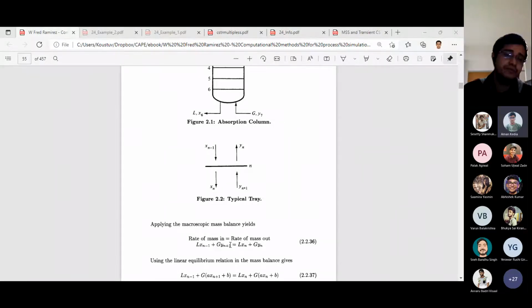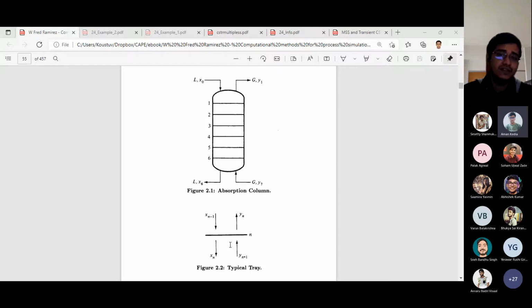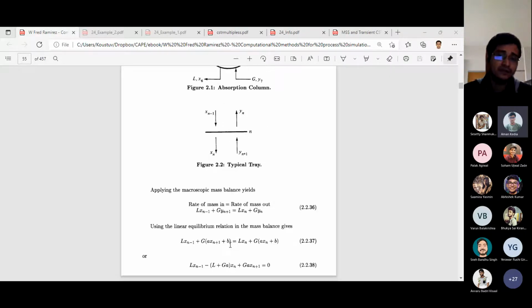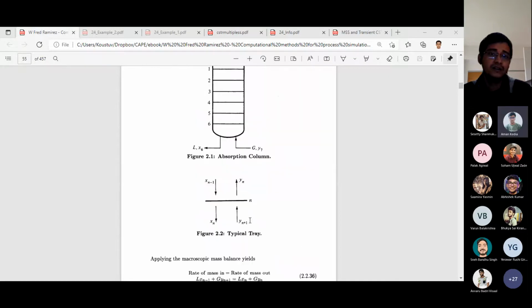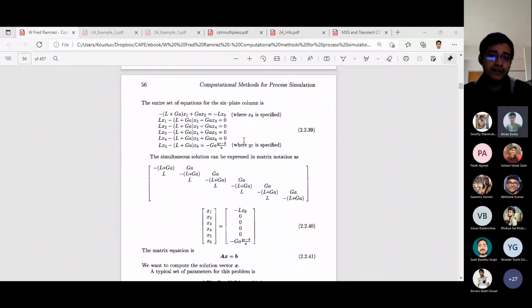And then we also have to make use of the linear equilibrium relations, that is, relating the two streams which are in equilibrium, that is, the streams leaving the tower across each tray, the gas stream and the liquid stream which leave, which we often treat as an equilibrium-driven process. So the leaving streams are in equilibrium, the rate is governed by equilibrium, so for yn and xn there is an equilibrium relation which is also given here. So just substitute it and you will get this kind of equations.